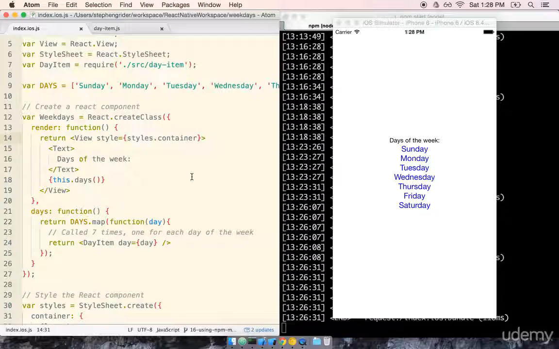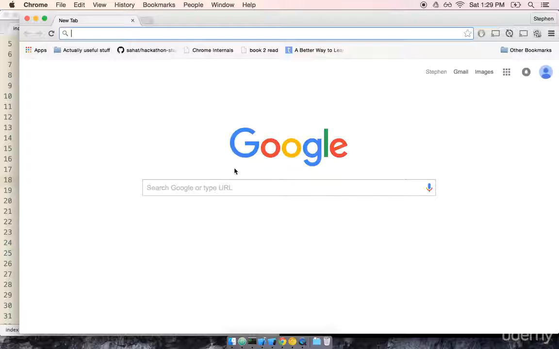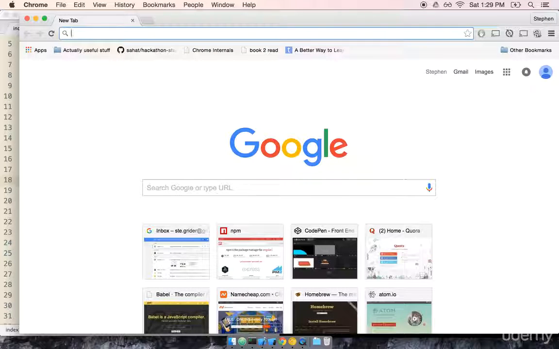So the first thing that we'll need to do to make this happen is to figure out what the current day of the week is. We could probably use some vanilla JavaScript, be really clever about it, and figure out what the current day of the week is. But I'll be totally honest with you, I'm a pretty lazy guy, and I don't really want to do any hard work myself. Hopefully you're the same way too. So let's go ahead and find someone else who has already solved this problem for us. Luckily, someone has. So in my browser window, I'm going to search for